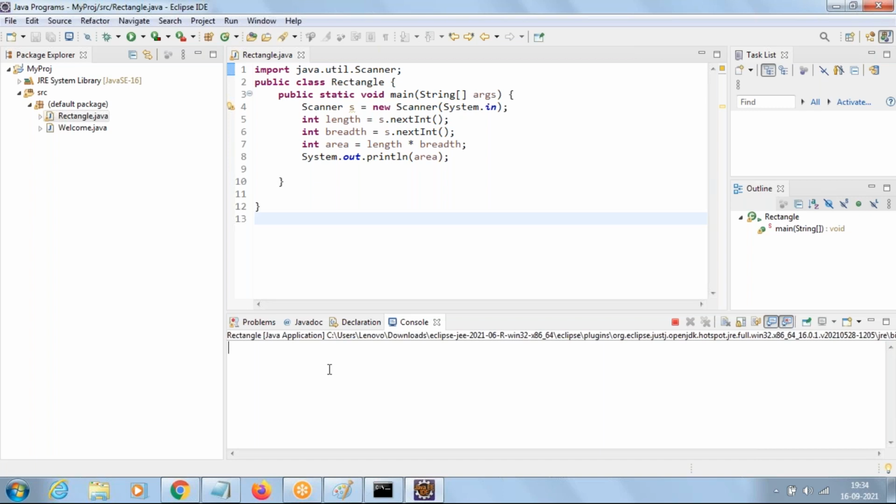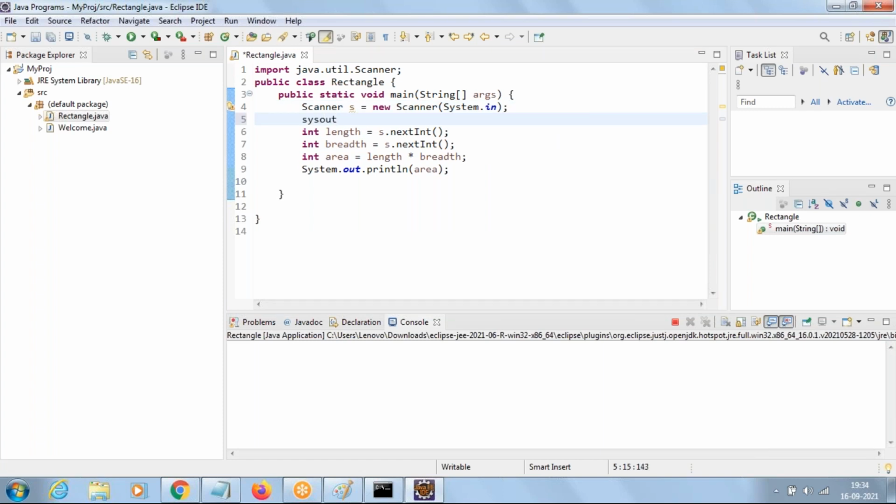Like for example, if you go to an ATM machine and the screen is totally blank and the cursor is blinking, how can we know what we should enter? Difficult, right? So there should be some message. Based on the message only, the user will fill the data, like enter PIN number, enter amount. Similarly, before I take the length value, go with a message to the user, System.out.println, enter length value. Then, similarly, go with a message before taking breadth value, enter breadth value.